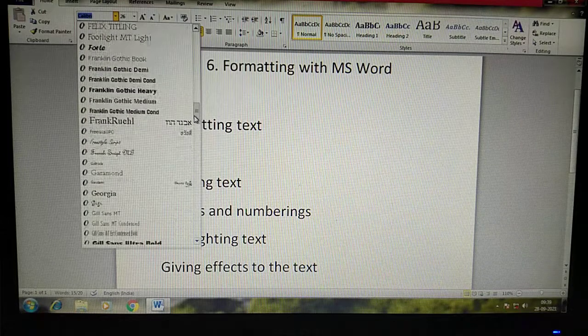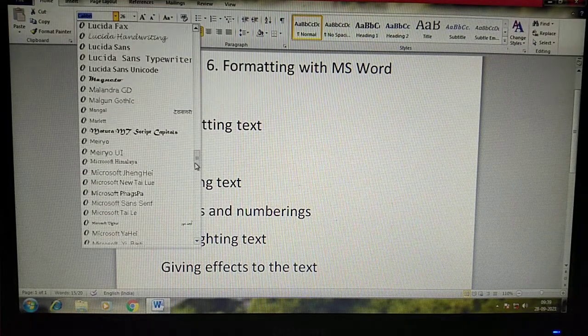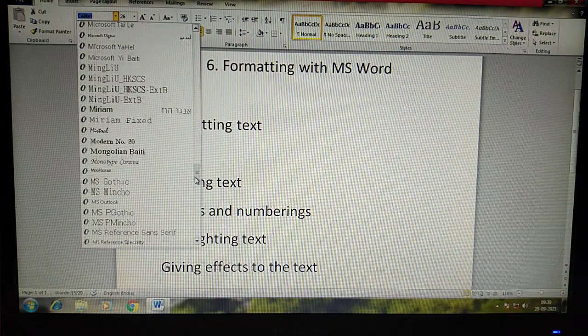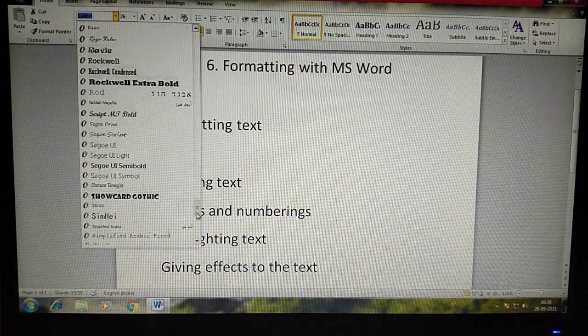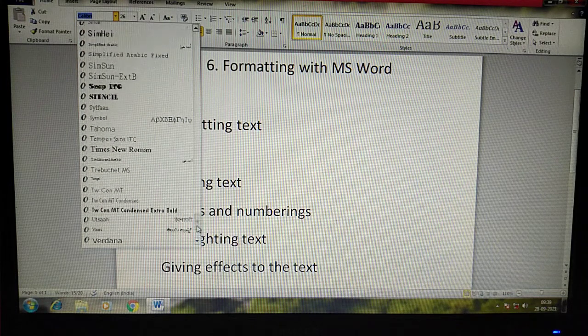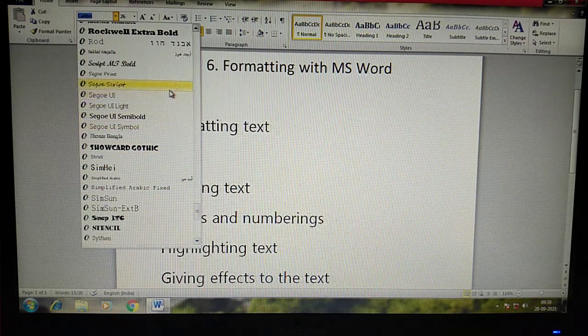Which one do you like? You can select that one. Before changing anything in your Word, first select the word or any sentence or image or paragraph. Then change the things.